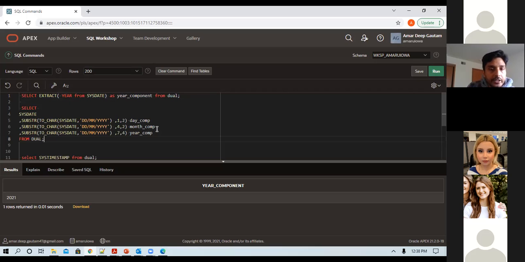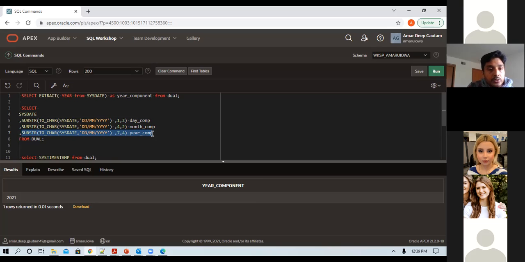If I have to extract the year component, this is how the code would look. First, you have to change it into a character because it's a date. The sysdate is actually a date data type. Then you use the substring function to go to the 7th position, which is this, and from there, you extract 4 characters.